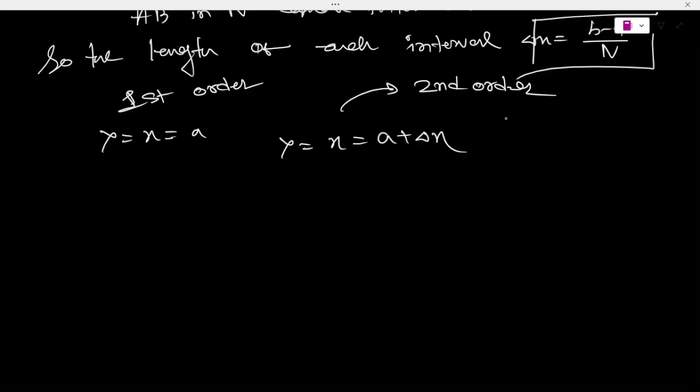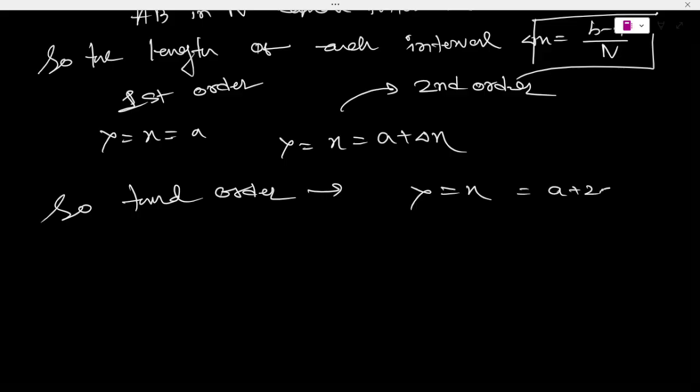The third ordinate represents y at x equal to a plus 2 into del x. The height of the nth bar is equal to the height of